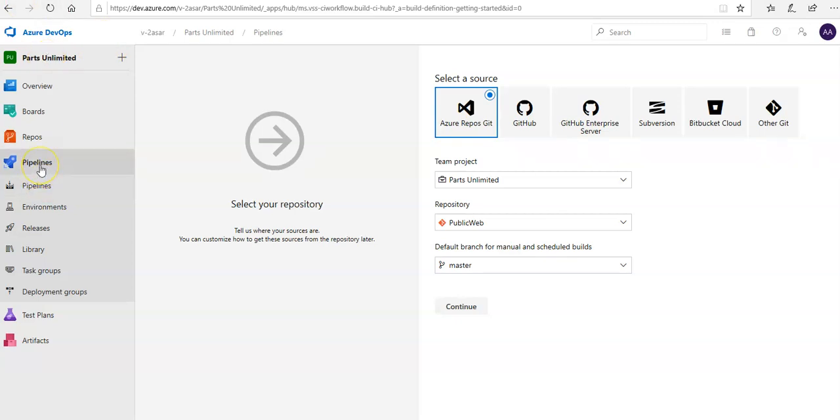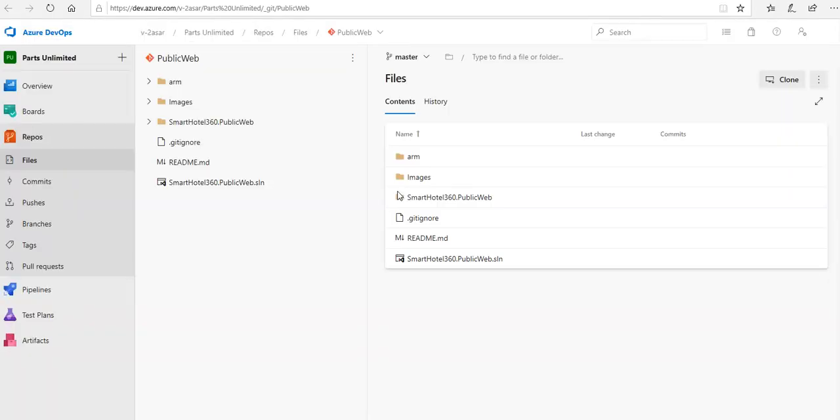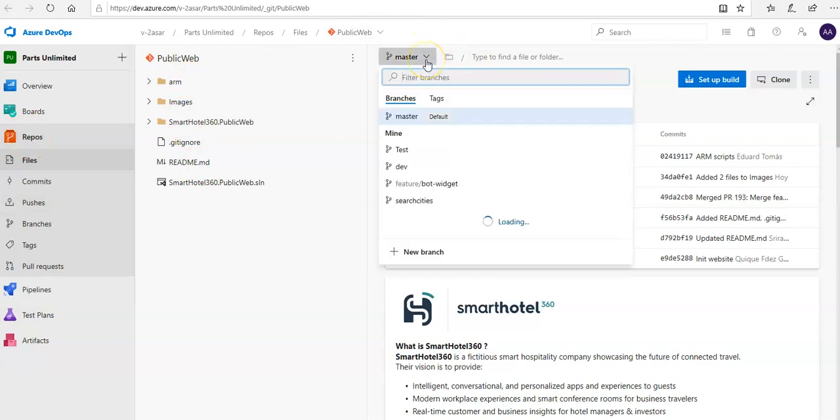I have a repos as well. Let me open that in a new window and show you the repos as well. So these are your repos and these are your files. And when you click on this, these are your branches. All right. So this is the main production branch, and here you have your test branch, dev branch, and you can create a new branch as well, but that would have the same code that will be in the